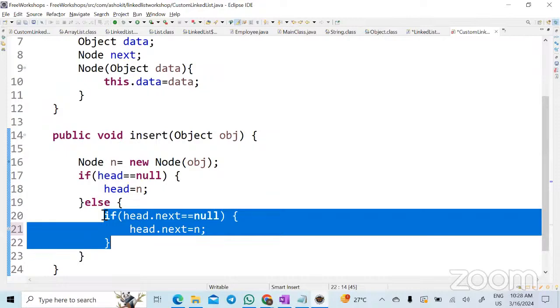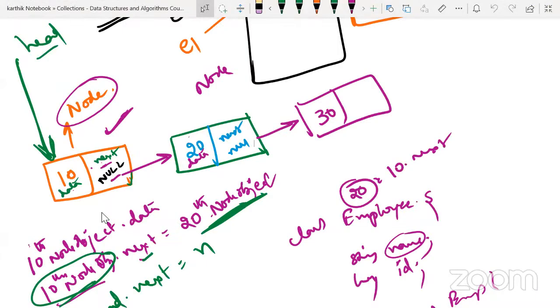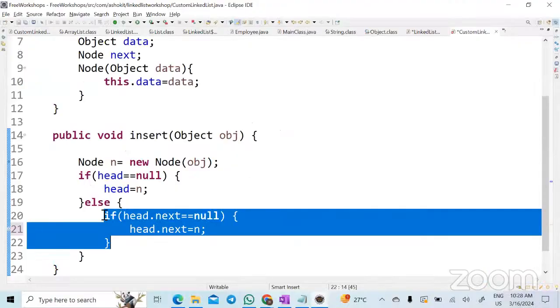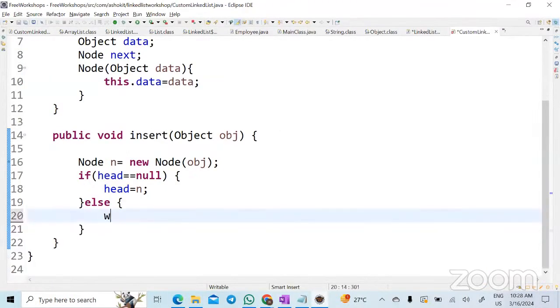The reason is that whenever you're trying to add a node in the linked list, you need to iterate. You need to go from the start to the node where node dot next is null. That means you have to go multiple times. You have to execute a loop until it reaches node dot next is null. That means an if block will execute only once, correct? Now what I will do is a while